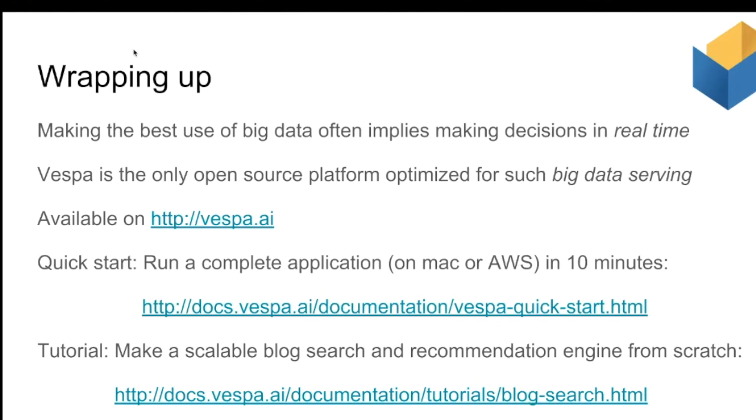If you want to try it out, you can run it on AWS or on your local Mac in a Docker container really quickly. We have quick starts for all that kind of thing, so it's really simple to try it out and get started. And if you have use cases where it might fit in your own companies, please tip the right persons.